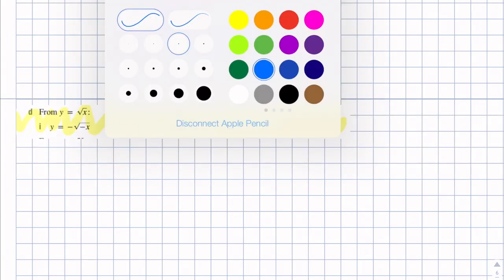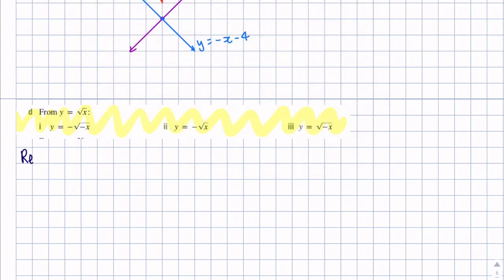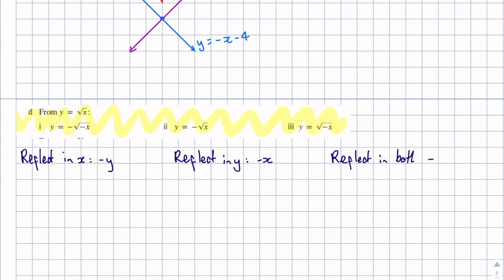So I'm just going to run through the motions. Reflect in X, so we're going to do minus Y. Reflect in Y, so that's minus X. And reflect in both, so we'll do minus Y and minus X. So reflect in X, we've got minus Y equals root X, so Y equals negative root X. So that is this one. This is reflected